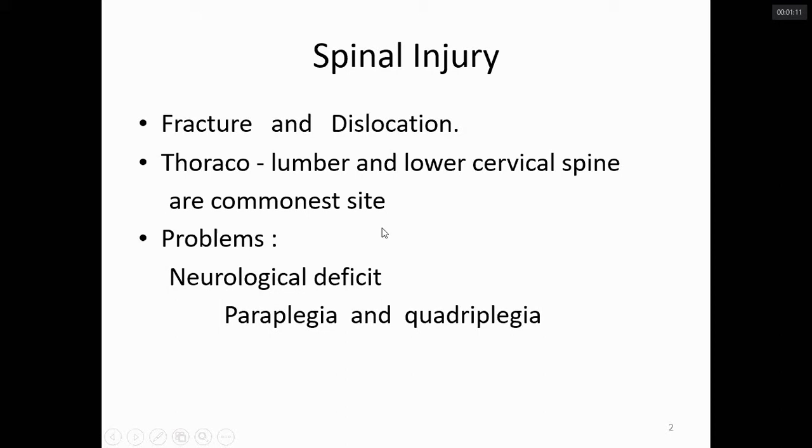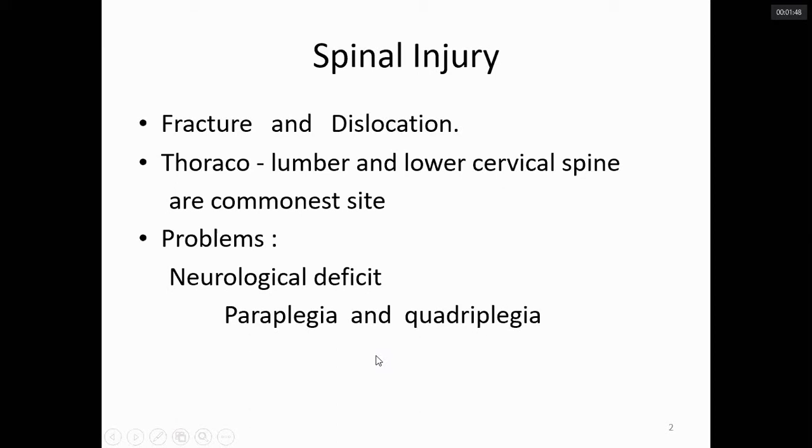Okay, so basically spinal injury occurs because of either fracture or dislocation, or both fracture and dislocation. The most common site for spine injury is the thoracolumbar junction. It's from T10 to L2. That is called the thoracolumbar junction, where the lower half of the thoracic vertebra and the upper 2-3 lumbar vertebrae form the thoracolumbar junction, and this is the most common vulnerable site for spinal injuries because the